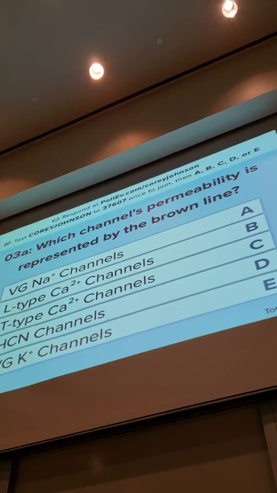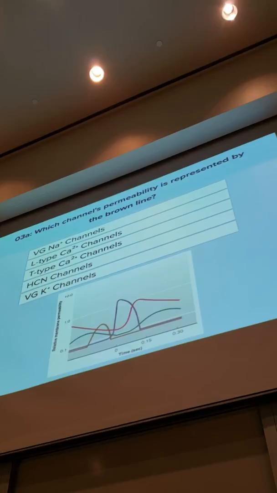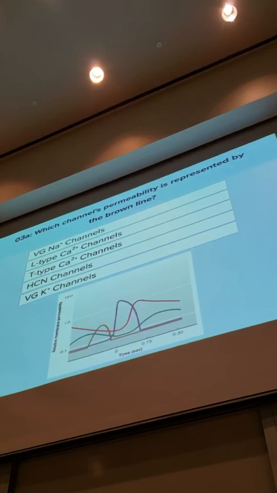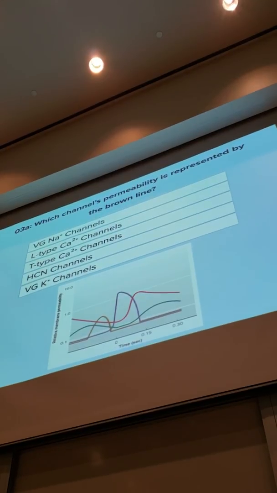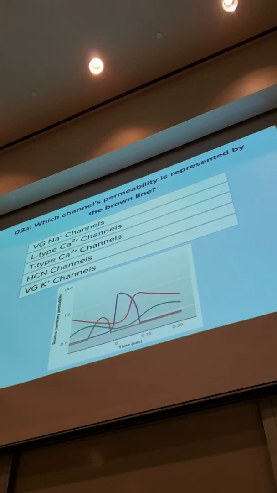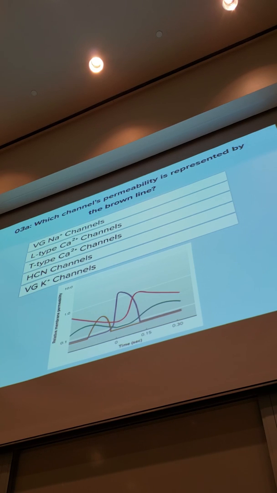All right, so I'm gonna show you some lines. And I can't show you the lines and pull every question at the same time, so here it is again. This is a graph. It requires just a little bit of explaining. You've got time across the bottom. And each of these colored lines are moving up and down over time. And along the left, on the vertical axis, we have membrane permeability. So if you have no permeability